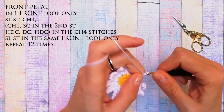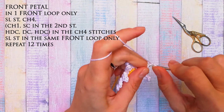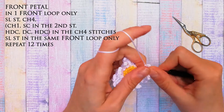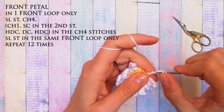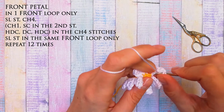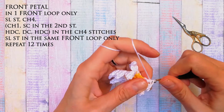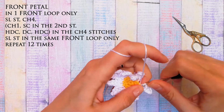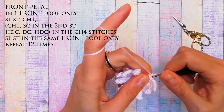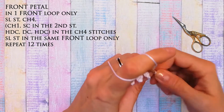the same. 1, 2, 3, 4, one more, and then a single crochet, a half double crochet, a double crochet, a half double crochet, and a slip stitch. And 11 more to go. So slip stitch into the next stitch, 1, 2, 3, 4, chain 1, a single crochet,